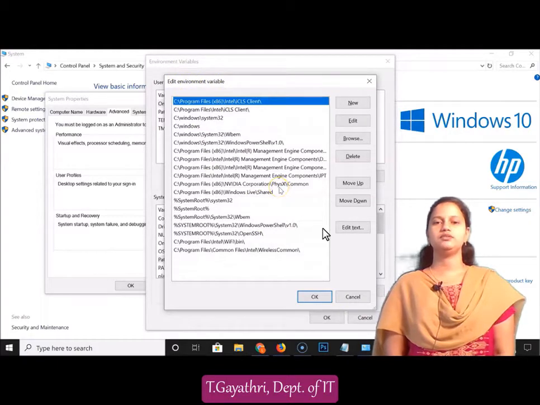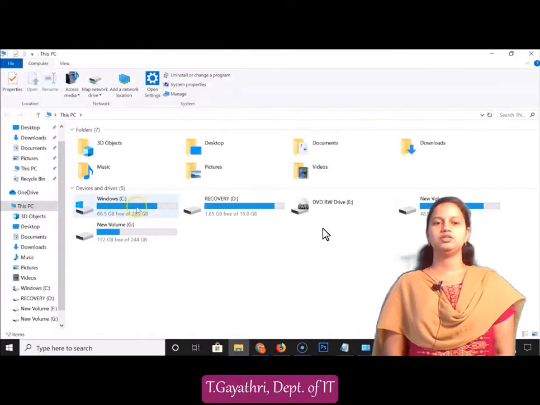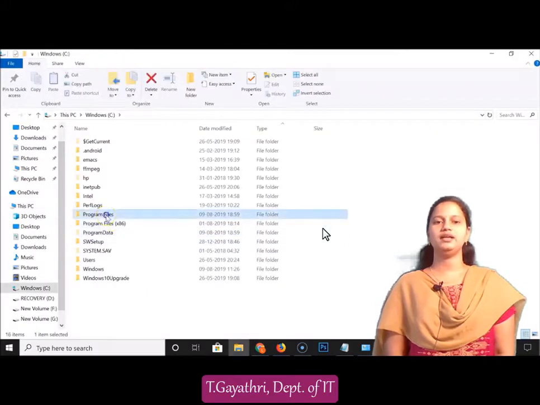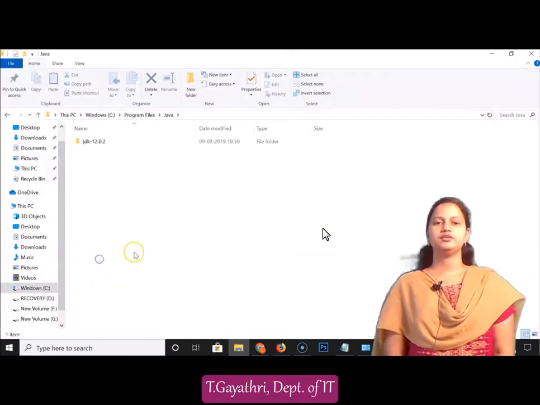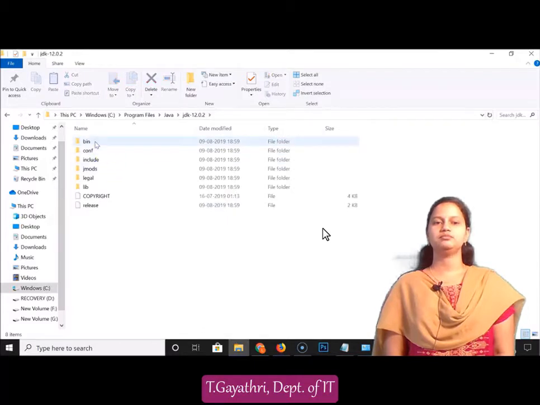For that we first have to copy the path address of your Java JDK. For that we go to the file explorer. In This PC, C drive, Program Files, Java, JDK 12.0.2, and the bin folder is to be opened.